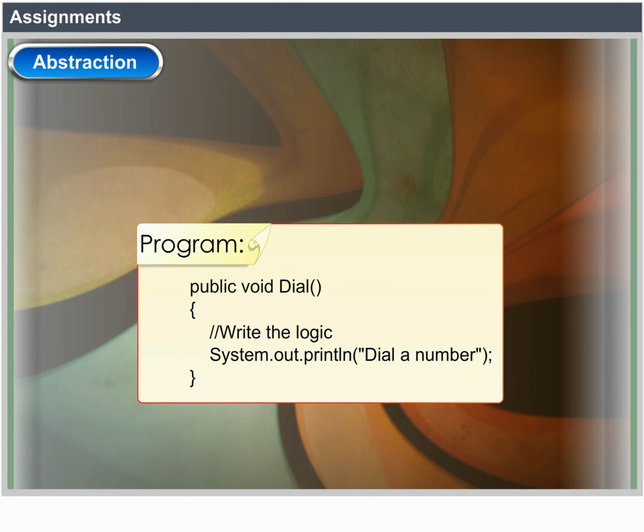Let's see the program. public void dial() { write the logic; System.out.println("dial a number"); }